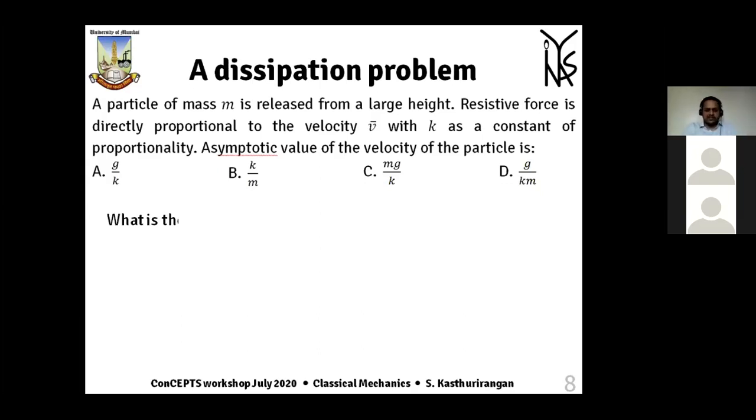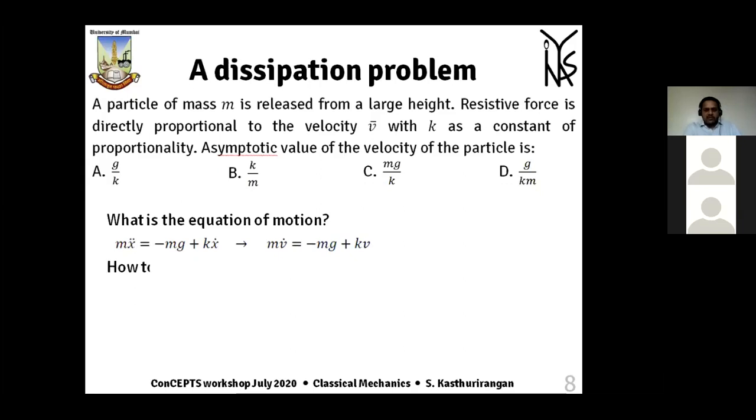So here, the first question you can ask is, what is the equation of motion, which is easily written down by inspection. It is m x double dot equals minus mg, the gravitational force, plus k x dot, where x is the coordinate measured in the upward direction. The forces are in this manner, and you can simplify this because there is no x term anywhere. You can write x dot as v and x double dot as v dot. So you get a single first order differential equation directly for the velocity.